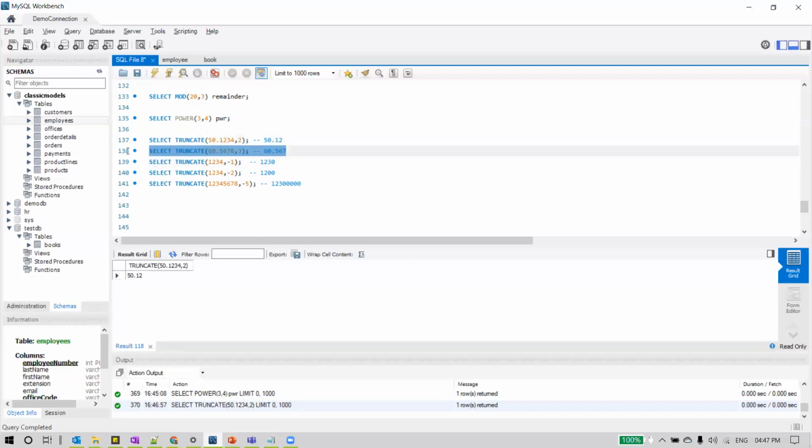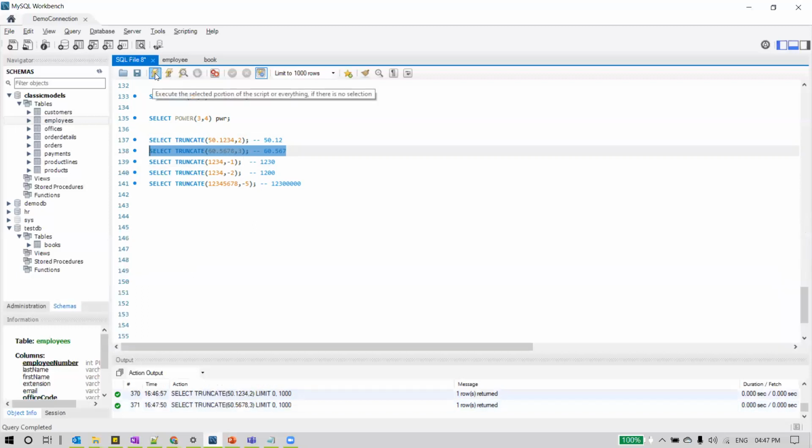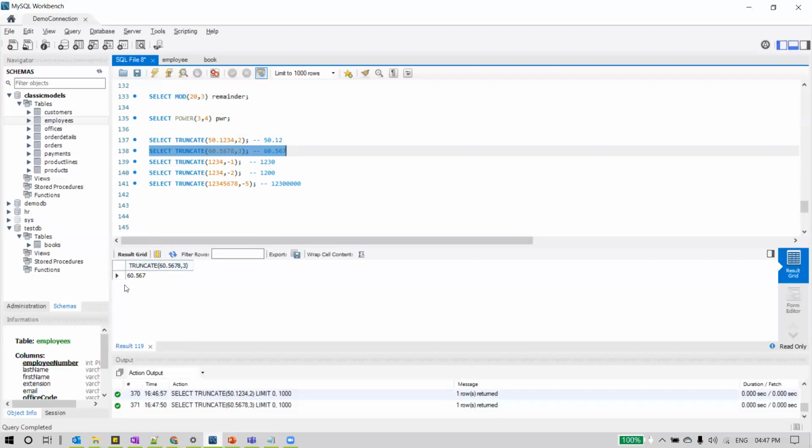And see the next example. There is a number, some 60.5678, and from that we wanted only three decimal points. So the first number 60 will be there as is, then the point or dot, the decimal point. From the decimal places we wanted to read only the first three. That's the reason it returns 567. And observe this now. 1, 2, 3, 4, and we are providing a negative number.